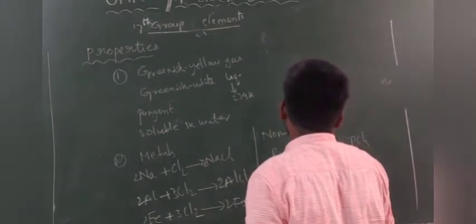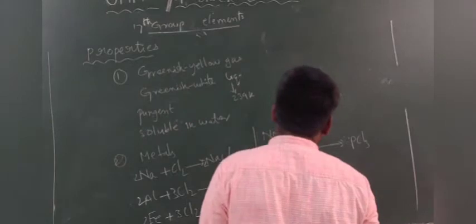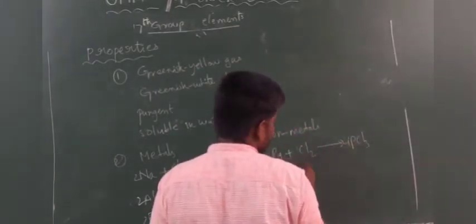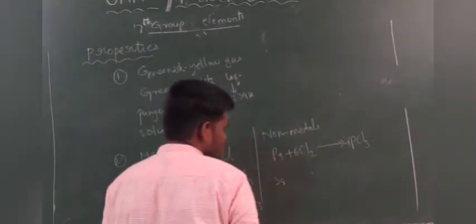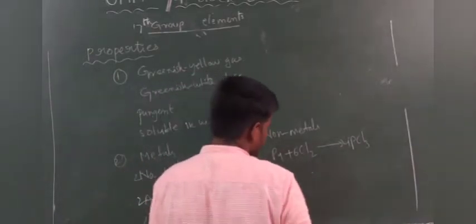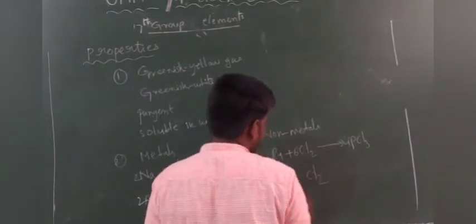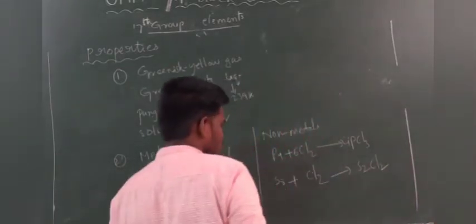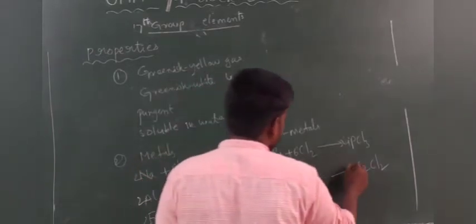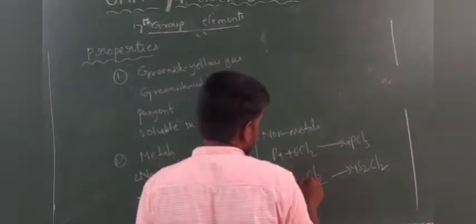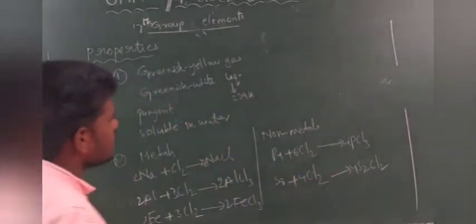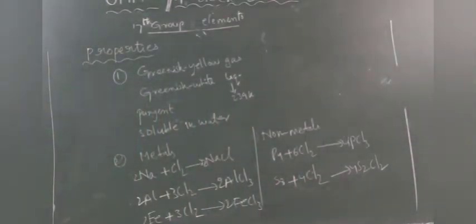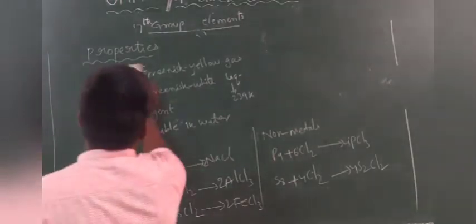gases PCl3. We can get PCl3 here. So now we can get 4 moles of PCl3 and 6 moles of Cl2 is required to react with 1 mole of white phosphorus. And here also chlorine reacts with this sulfur and gives here S2Cl2. So now here we need to multiply with 4, and next one, this one also multiply with 4. So these are the products we can get when chlorine is reacted with the metals, and next one non-metals. Let us see next properties.